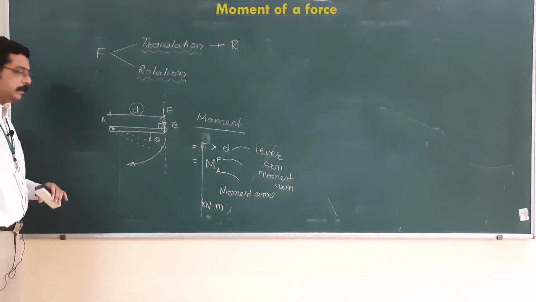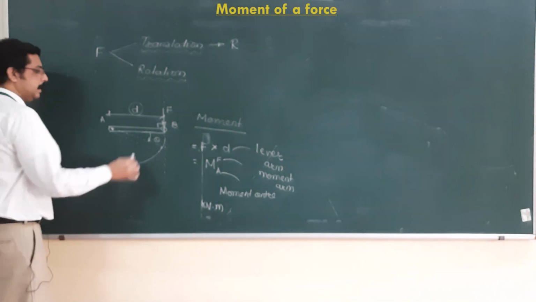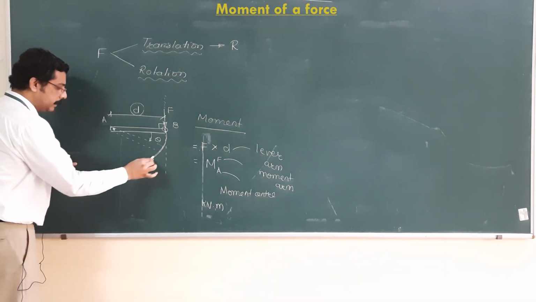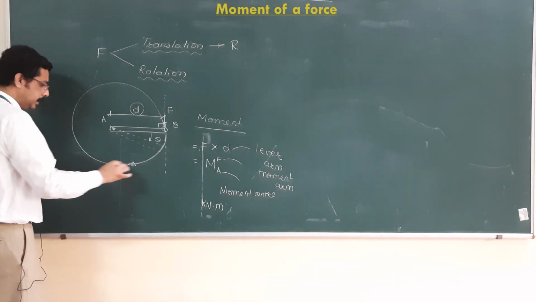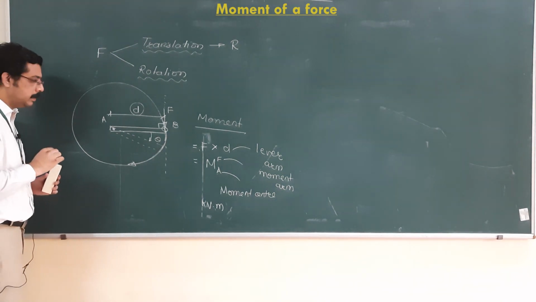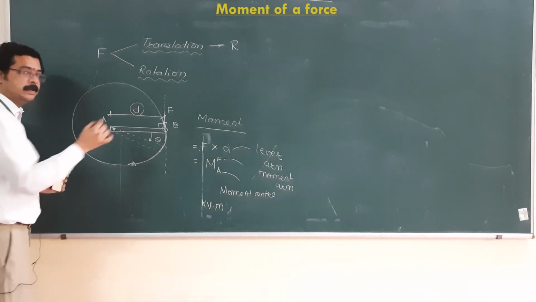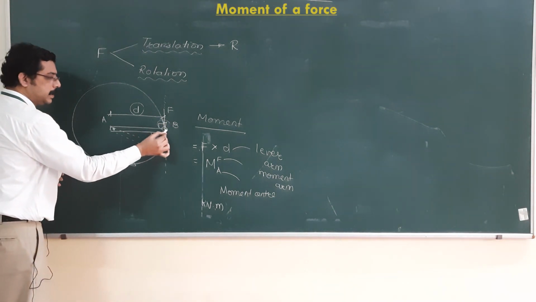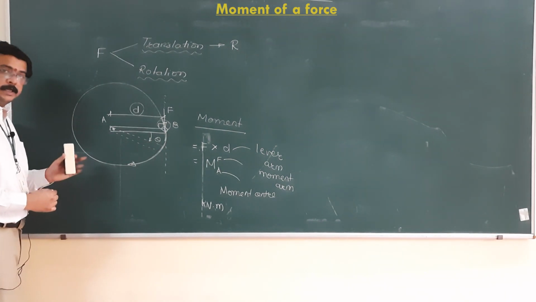We can observe one more thing: if you take distance d as radius and want to draw a circle, you can draw a circle in this way, right? Now, if you draw a circle in this direction, it is called the clockwise direction, okay? And if you draw the circle in the reverse direction, it will be called an anti-clockwise circle, right? So, depending upon the direction of force F, a circle is drawn, rather it is assumed to be drawn.